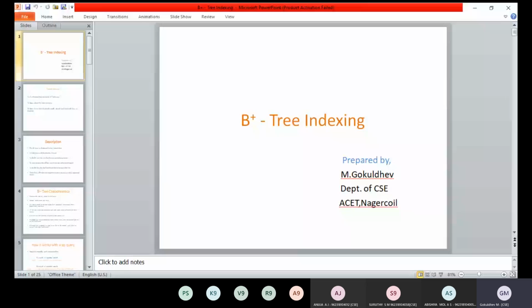Let me recall the previous discussion. Earlier we studied B tree indexing, right? The previous class discussion was about B tree indexing. Before that, I should make you understand why we are using this concept of B as well as B plus tree in indexing. Clear? You know, B tree